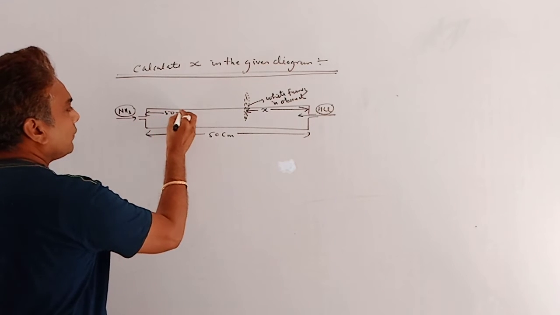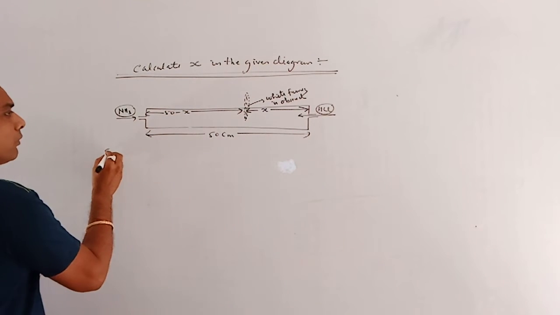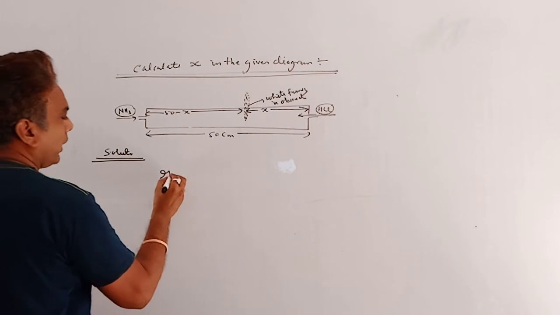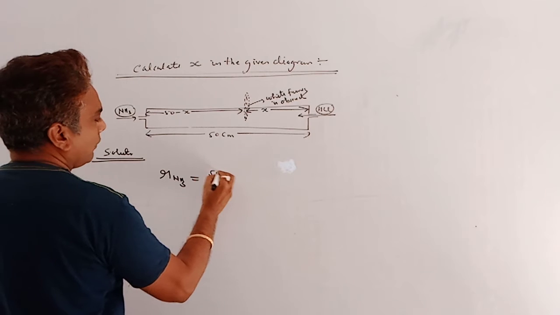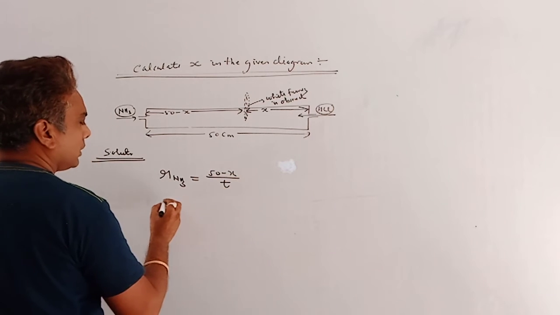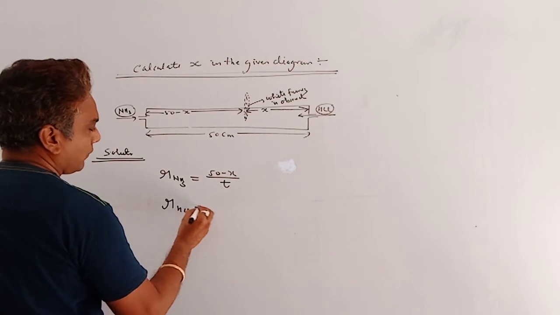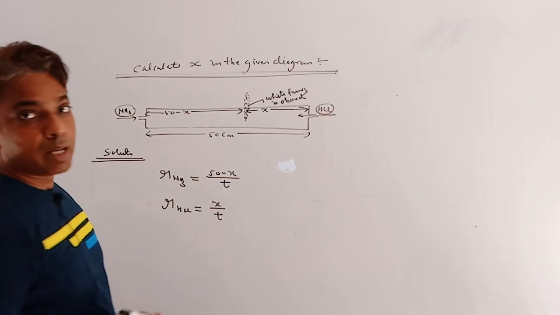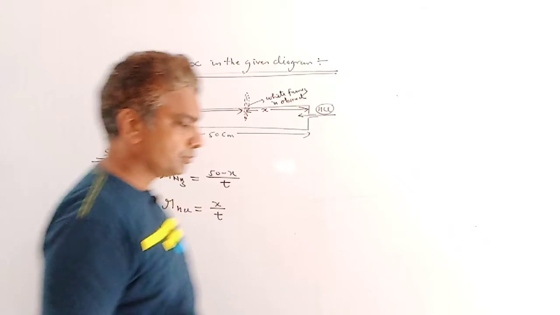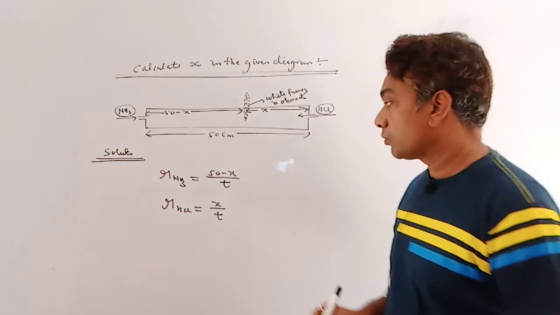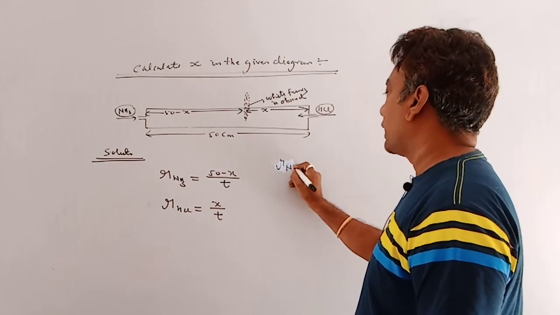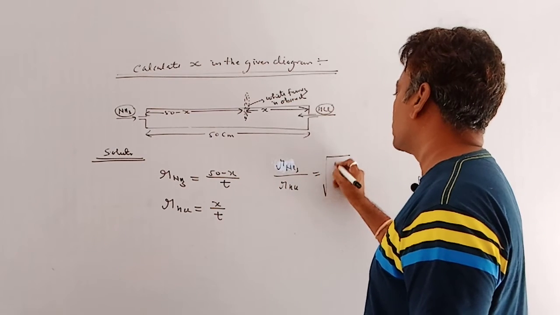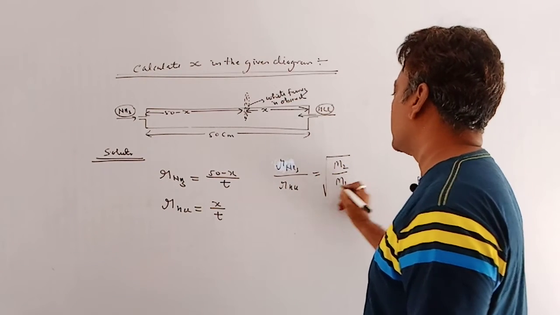It is 50 minus X. Clear? So the rate of diffusion of ammonia will be 50 minus X divided by T. Similarly, the rate of diffusion of HCl will be X by T. So according to Graham's law,